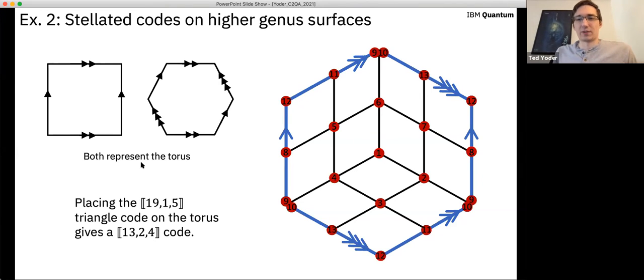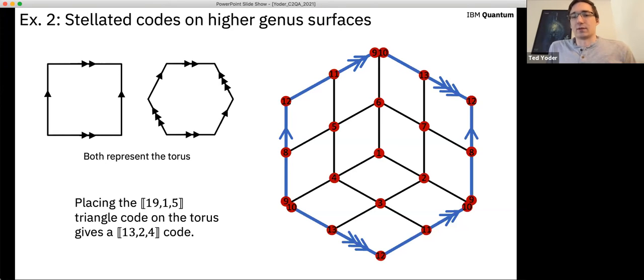But these both represent the torus. And the idea is that we can take this code with threefold symmetry, and we can also identify opposite edges here, just as done on the hexagon. And you end up with a triangle code on the torus, and this code encodes twice as many logical qubits as the code did in the plane,